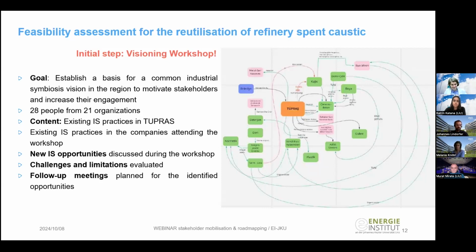And if there is some sort of a dead end for that material, for that case, there are always other options, right? In terms of, okay, probably we then can valorize CO2 as another off stream. We can look at waste heat utilization options, and also quite clearly challenges and limitations are already coming on the table in those events. And what we see as crucial is that there are always follow-up meetings, follow-up activities,